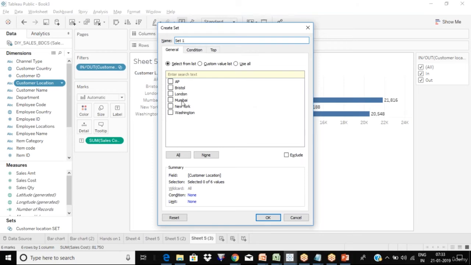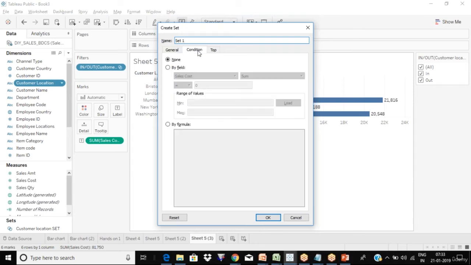Those you did not select will come under out. Now by using general, you are manually going and selecting, but by using condition, based on a particular condition, you're not going and selecting it. Whichever rows satisfy this condition will be in, others will be out. Got it?